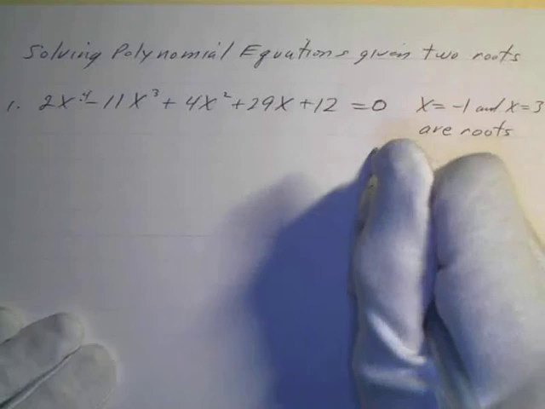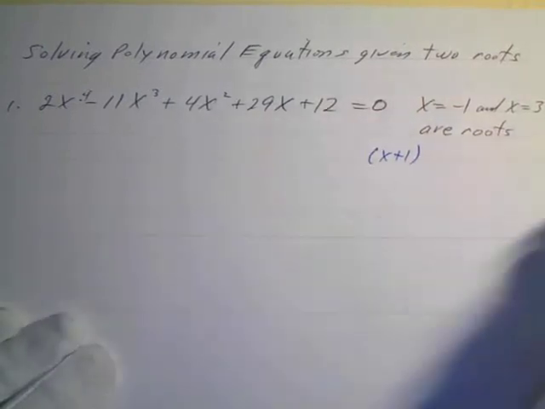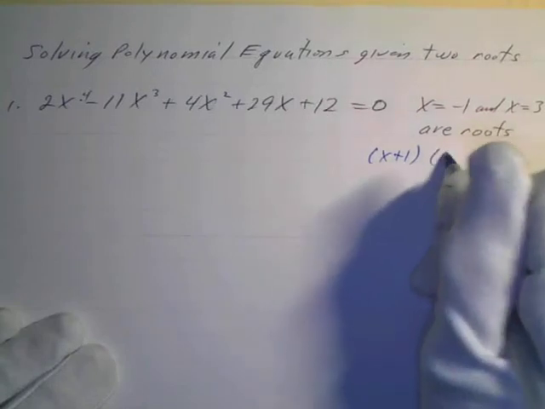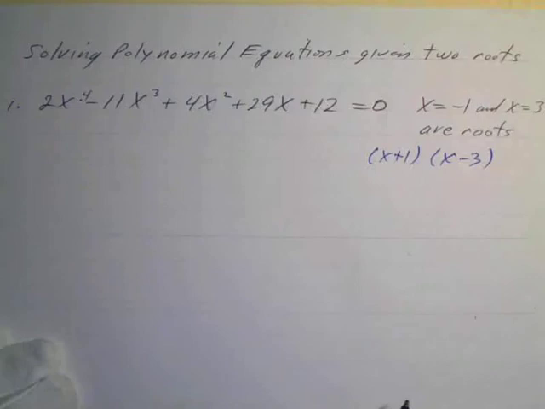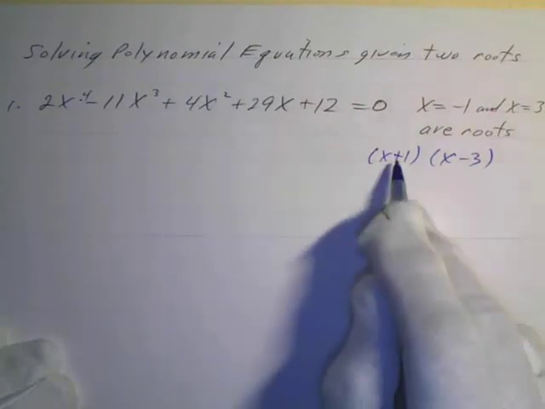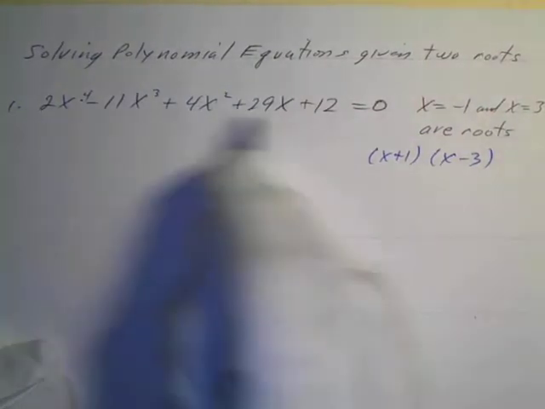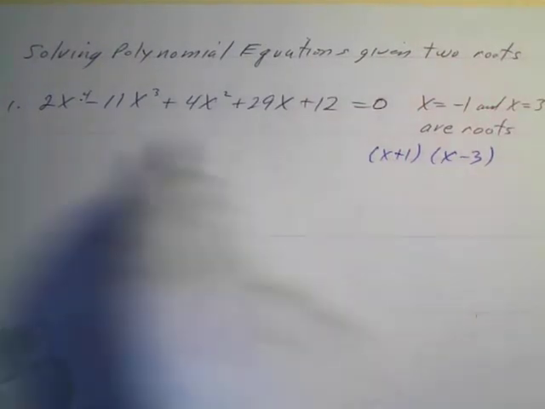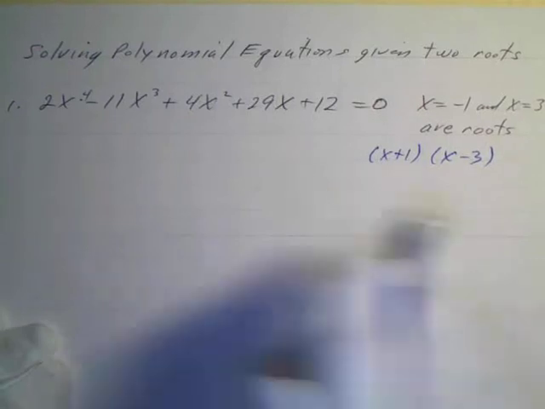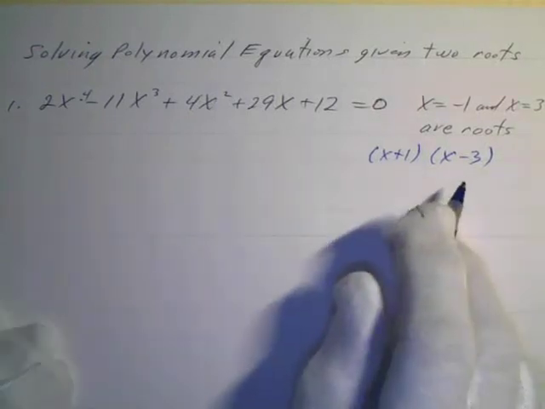So I know that x plus 1 is a factor of this polynomial. If I divide that into it, it will come out evenly with a remainder of 0. Or x minus 3 is also a factor of this polynomial. And if I divide that, I'll get a remainder of 0, which means if I multiply this times the quotient or that times the quotient, I'll get that polynomial after I divide. So we're going to divide this out to get our reduced equation, but rather